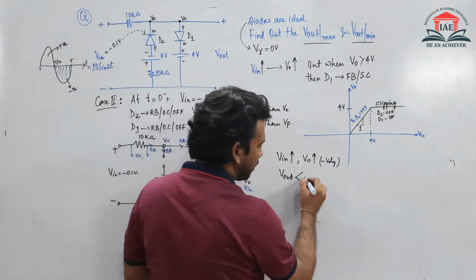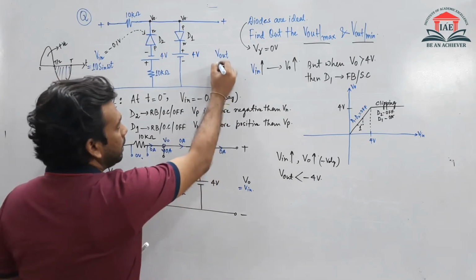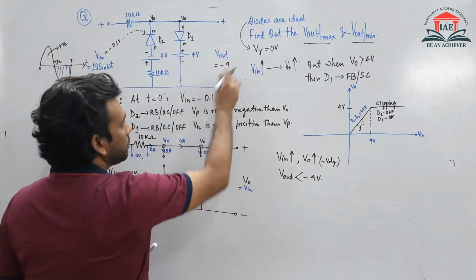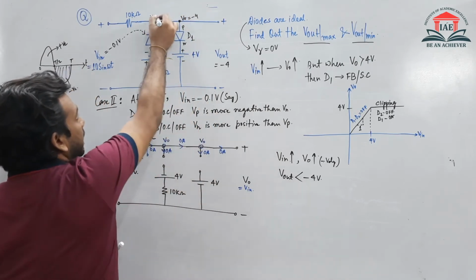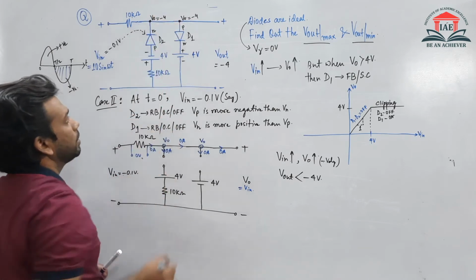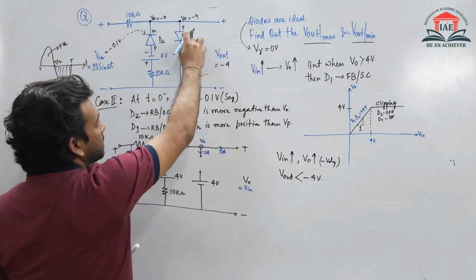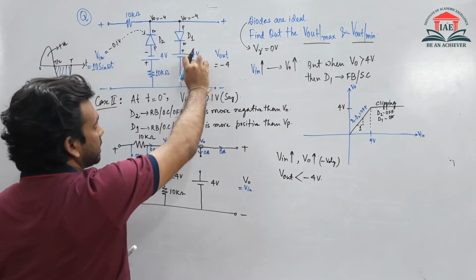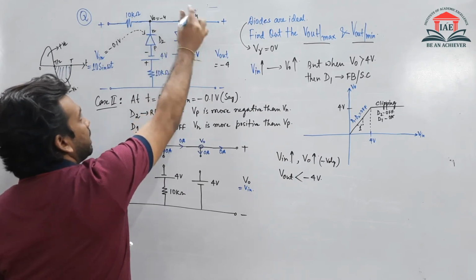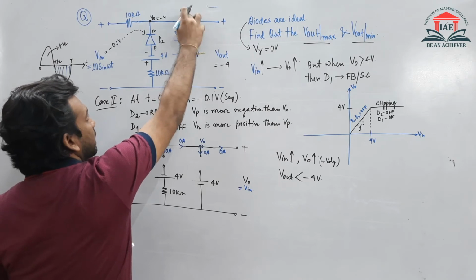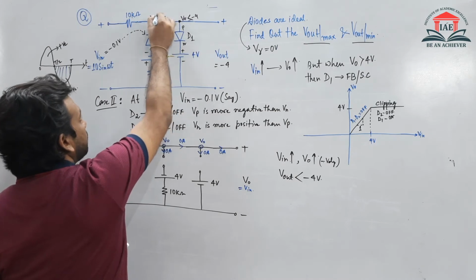V output voltage crosses the -4 volt, so if it crosses -4 then what will happen, तो यहाँ पे मेरा -4 आएंगे. So if it is -4 तो यहाँ पे भी आपका -4 आएगा. So if it is -4 then P side is connected with the -4, N side is connected with the +4. Similarly N side is connected to the -4 greater than -4. Actually they will be less than -4. So let us see here -4 less than, and here also less than -4.